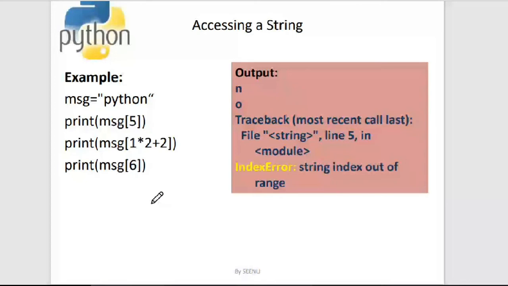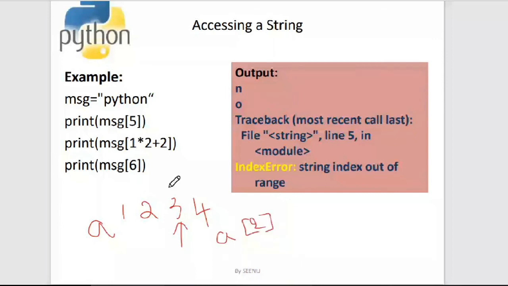In case I have elements like 1, 2, 3, and 4, I can directly access element 3 by giving the index number. If this is an array A, I can say A of 2. When I say A of 2, I can directly access the element of the array. This is what is called random access. You're talking about the storage. Storage is in a sequential and contiguous manner.